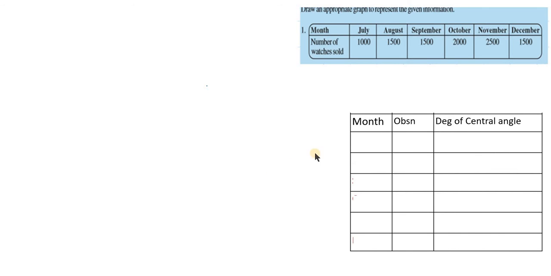Okay, so initially we have taken like this. First we will be entering in a table the category names, which is July to December, and the number of watches sold as observations. So after entering the data, the category names July to December months, and the observation, number of watches sold month wise, to represent it into a